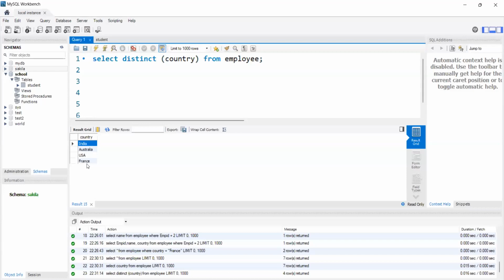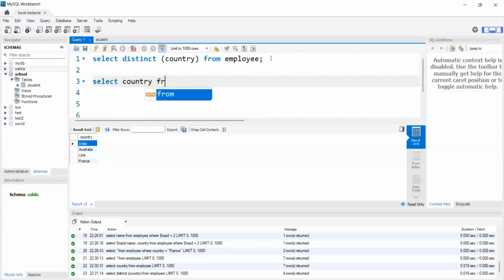It doesn't make any changes in the original table. The original table is going to be the same, but while we are fetching the records, it will just show us the unique records. For example, if I will not use this distinct, let me just write here, select